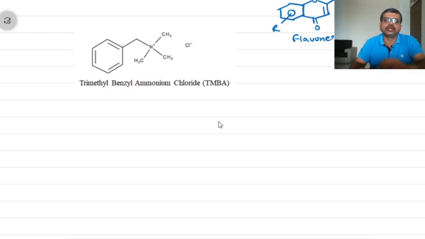We will see another phase transfer catalyst, that is trimethyl benzyl ammonium chloride or triethyl benzyl ammonium chloride. Instead of these 3 methyl groups, there will be ethyl groups. Then it will be triethyl benzyl ammonium chloride or TEBA. Both will be working in similar ways. These are being utilized for different types of reactions, like for example in alkylation of